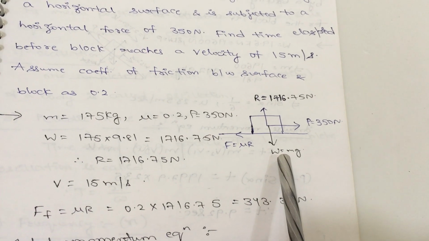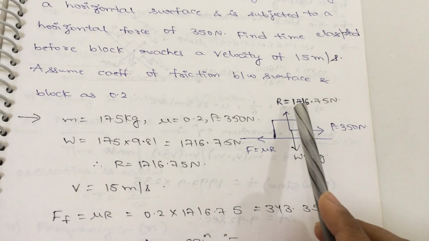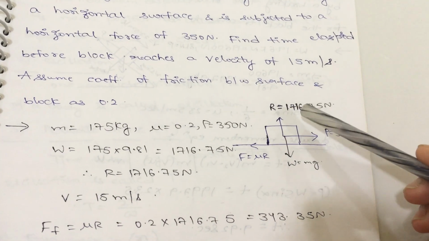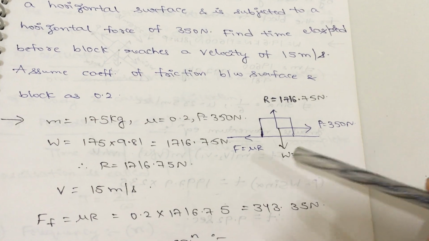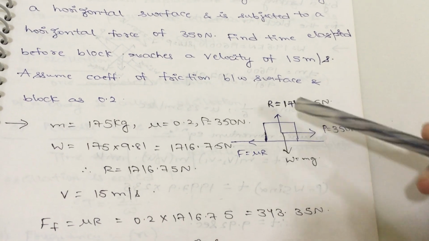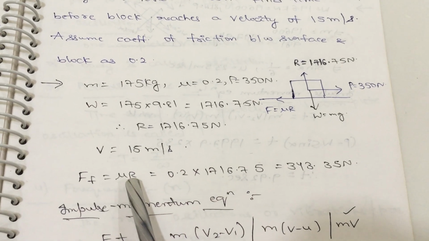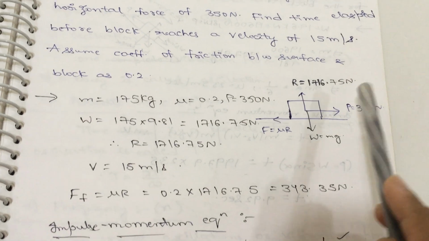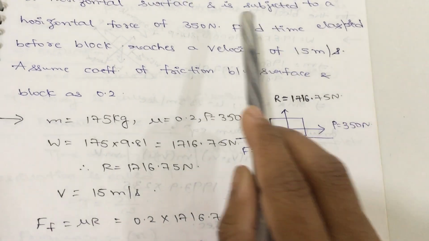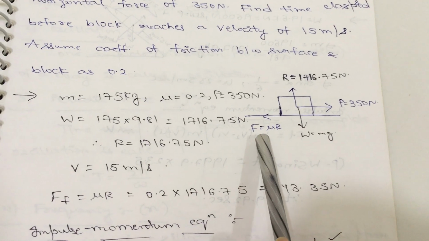And according to the second equilibrium condition, sigma V equal to 0, we can say that the positive vertical components are equal to the negative vertical components. That is, the W value will be the R value. Now substitute the R value in the frictional resistance force formula, then you will get the FF value. Now we know the P value, which is already given in the question, and from the calculation we have calculated the FF value.